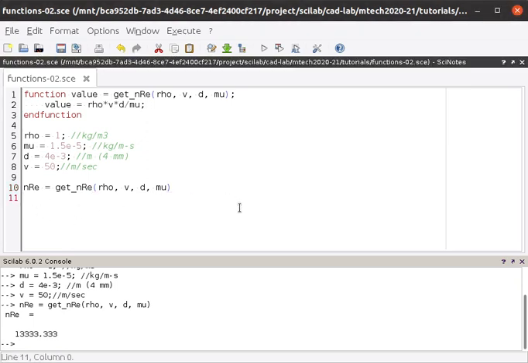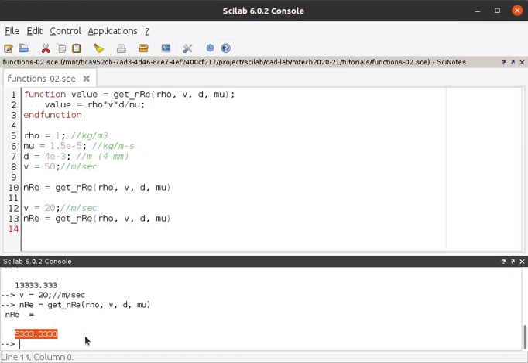Now suppose you have changed the velocity to 20 meter per second. Again you would like to calculate the Reynolds number. Then what is the Reynolds number? Just simply run the program. This time it is about 5,000.